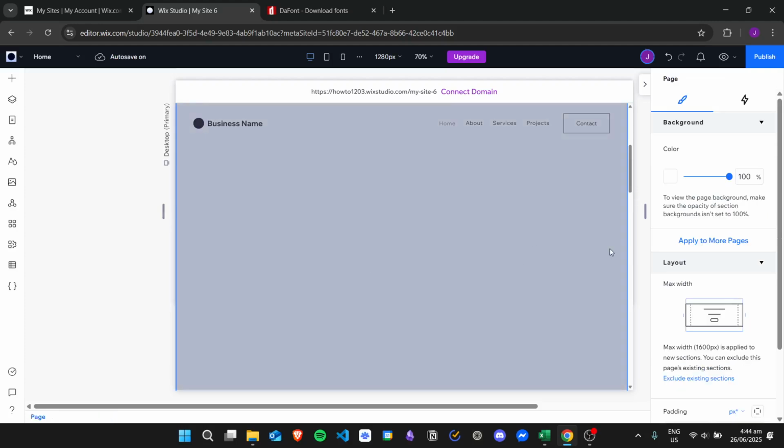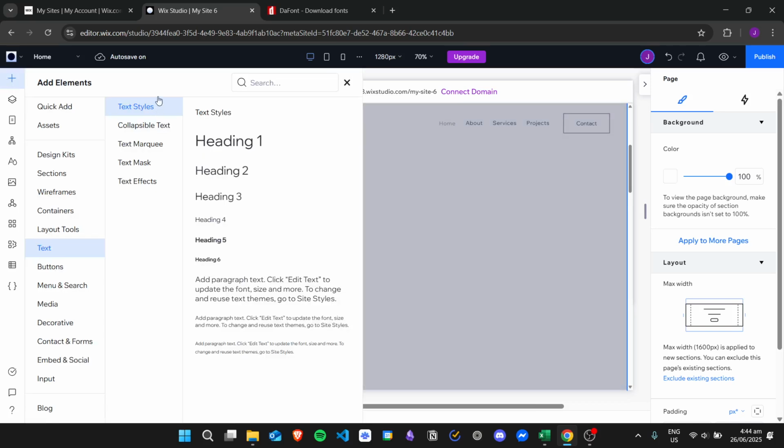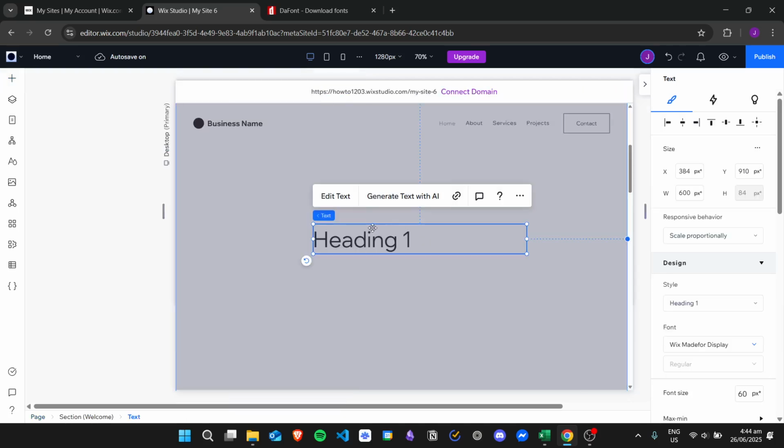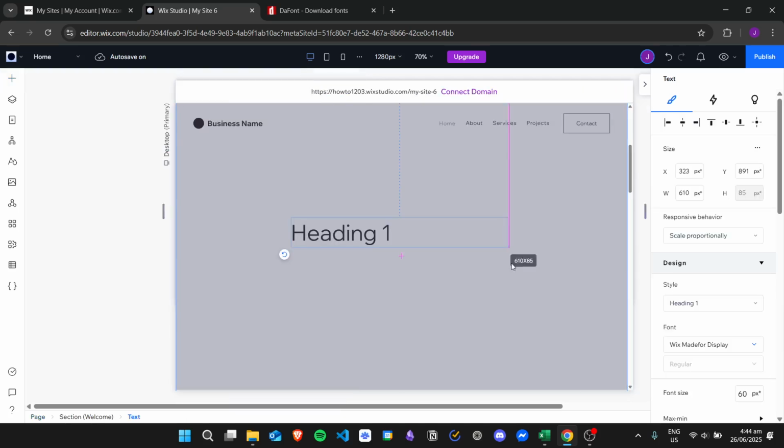So here I am in my Wix website, and we'll just click on add elements, and then from here just click on text and then just add a text in your website. So I'll just choose this one. So from here